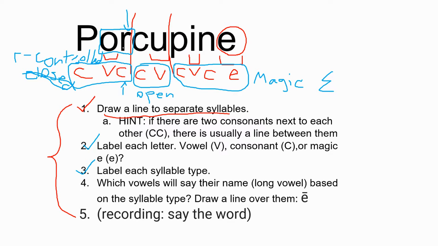Okay. So which vowels will say their name based on the syllable type? It's not going to say its name here. It's going to say or. But then look at this one. Open syllables always make the vowel say their name, their long sound. So this will sound like you, not but you. And then this last one, magic E, is really interesting because you can't hear the E, but the E makes the I say I. So far we have or, you,